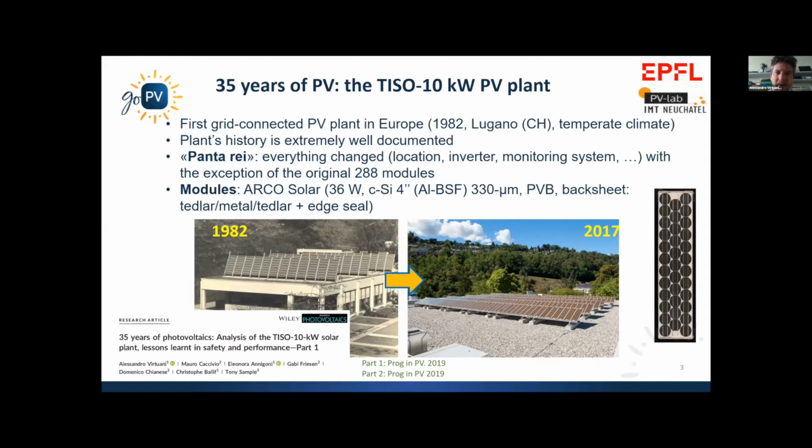And during 35 years of operation, everything in the PV plant changed. The location, you can see 2 different locations. So the plant was moved from one roof to the neighboring roof. The inverters changed 5 times, also the monitoring system, but only one single component never changed, and that's the original set of nearly 300 modules. You can see on the right-hand side how these modules looked. They were Arco Solar modules, manufactured in the US,